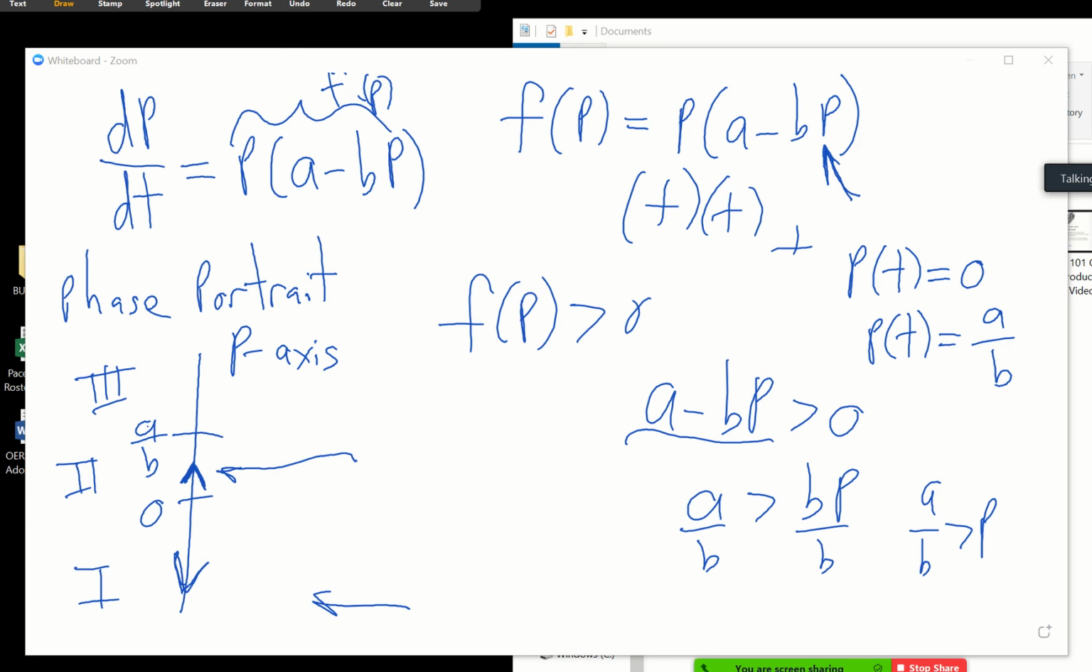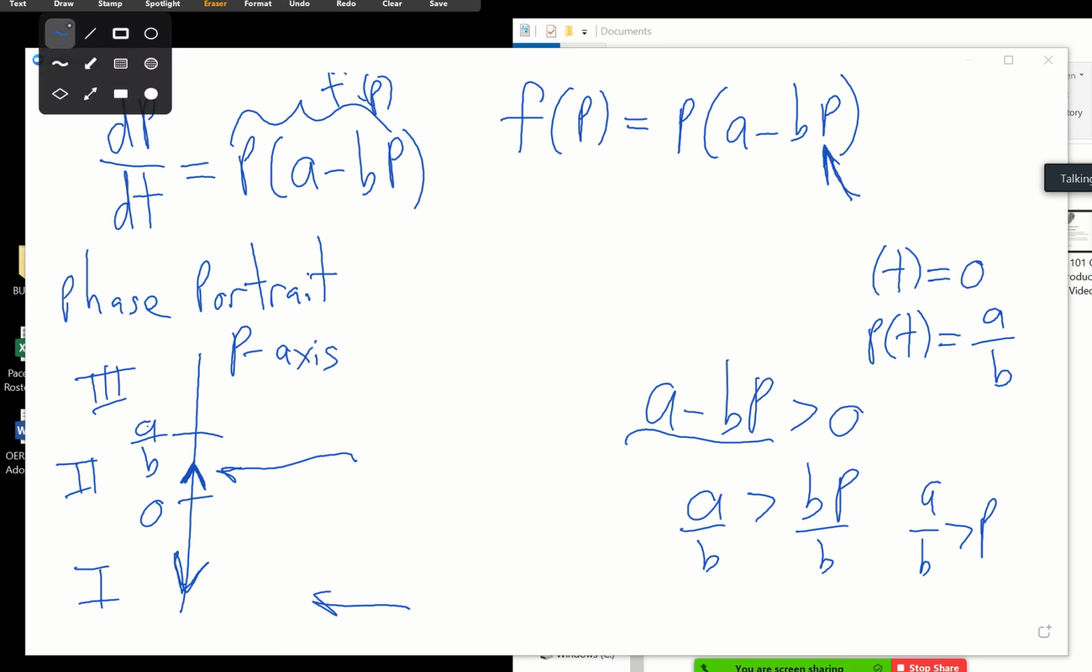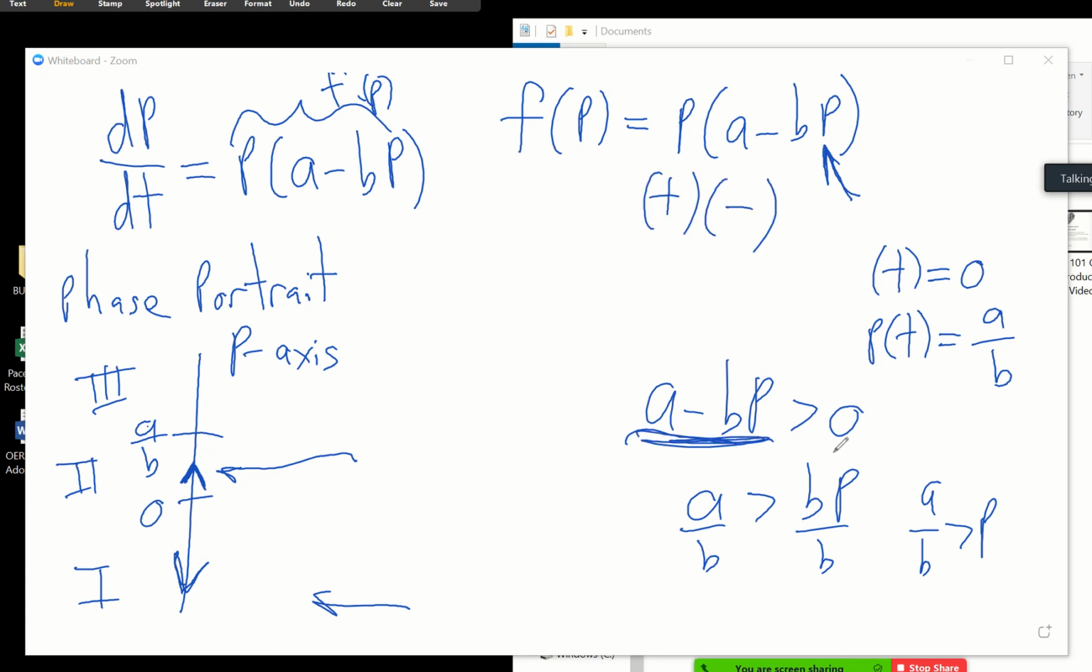And then lastly, let's see what's going to happen in region 3. Well, in region 3, these are values of p that are now bigger than a over b. So this first factor will still be positive, but now the second factor is going to end up being negative. Again, if this quantity is positive when a over b is bigger than p, then when p goes the other direction, then when p is greater than a over b,